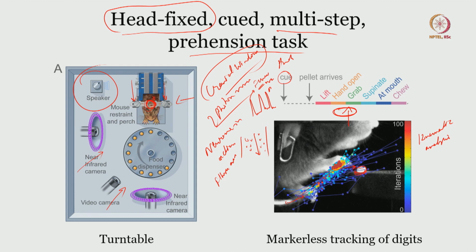This is done by a software called DeepLabCut, and how this is done we will see. Basically there are multiple trials going on, and in every single trial more or less the rat's forepaw takes the same path to reach the food pellet and then feed itself. That is what is analyzed here, and this is one step higher than the Whishaw test rating scale,